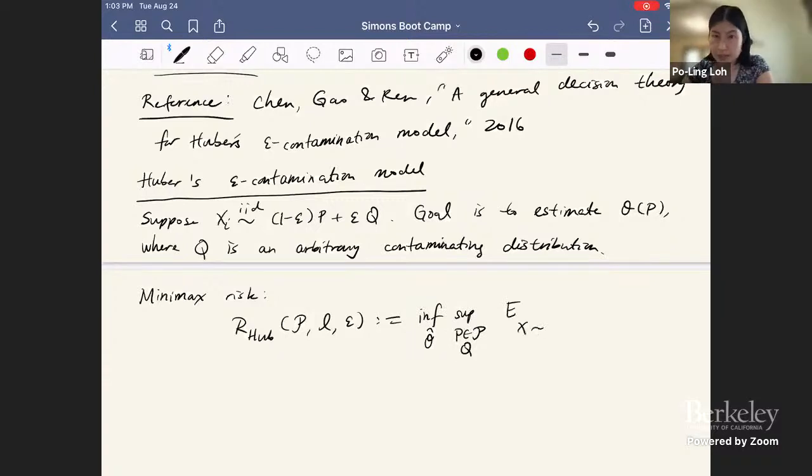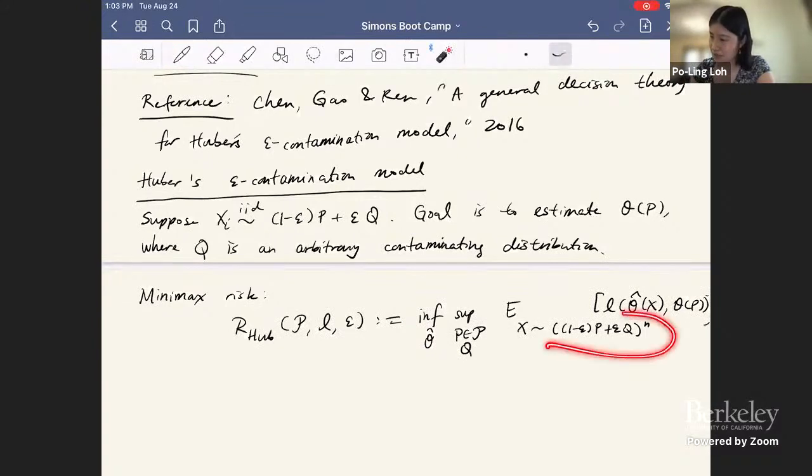Expectation, where X is coming from 1 minus epsilon p plus epsilon q, and now we have n IID observations. L of theta hat of x, theta of p. So just remember that we always have IID observations. It's a little bit awkward to keep writing this n-fold product, but I wanted to keep the notation consistent with